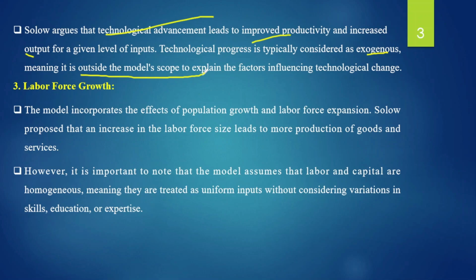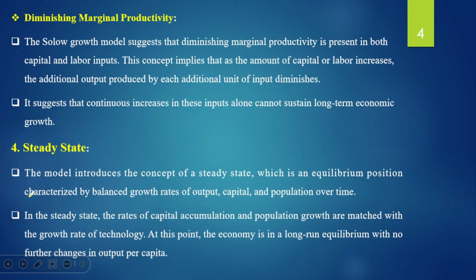they must be homogeneous right ተመሳሳይ መሆን አለባቸው meaning they are treated as uniform input without considering variation in skill education or expertise right ለምሳሌ ሰራተኞች ወይም ካፒታሎች ምንድነው እንደ ተመሳሳይ ነው ኮንሲደር የሚደረጉት ለምሳሌ የሰዎች ላበሮች ላበሩ አንተ ስኪልድ ነው አንተ ስኪልድ አይደለም የሚል አይደንቲፊኬሽን የለም ማለት ነው right they are considered as the same ማለት ነው the other one is diminishing marginal productivity